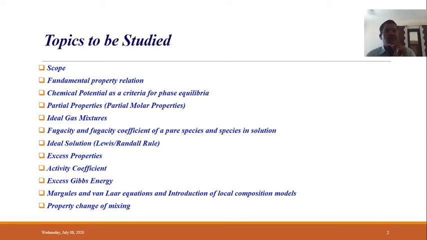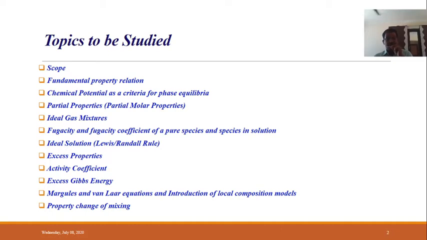And once you calculate this activity coefficient, then you can add those in simple Raoult's law. That Raoult's law is a combination of nothing but ideal gas and ideal solution. So for the ideal solution, here we are doing some correction on that. We are adding the activity coefficient, that is nothing but your non-ideal solution.